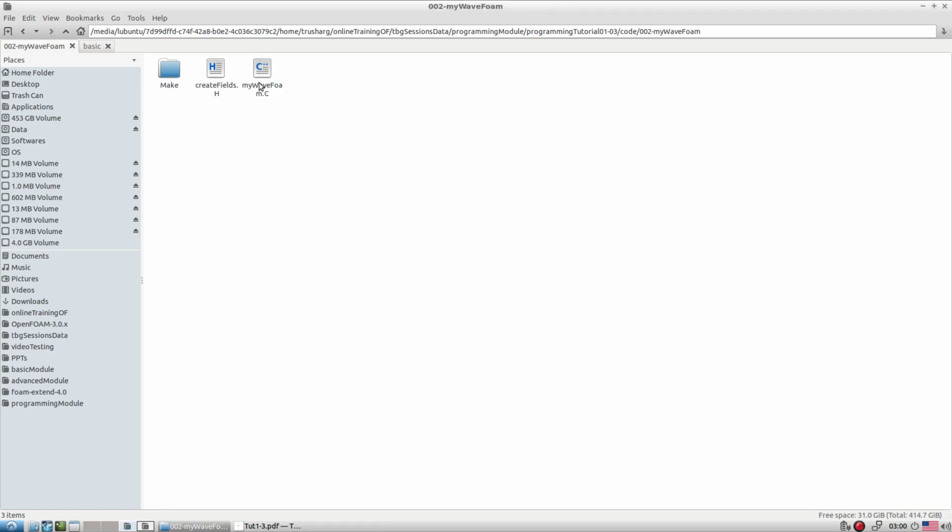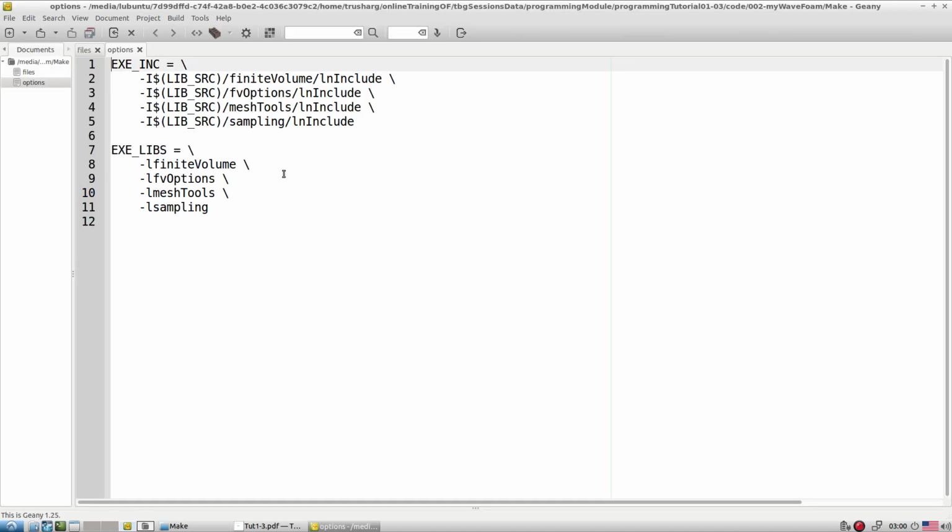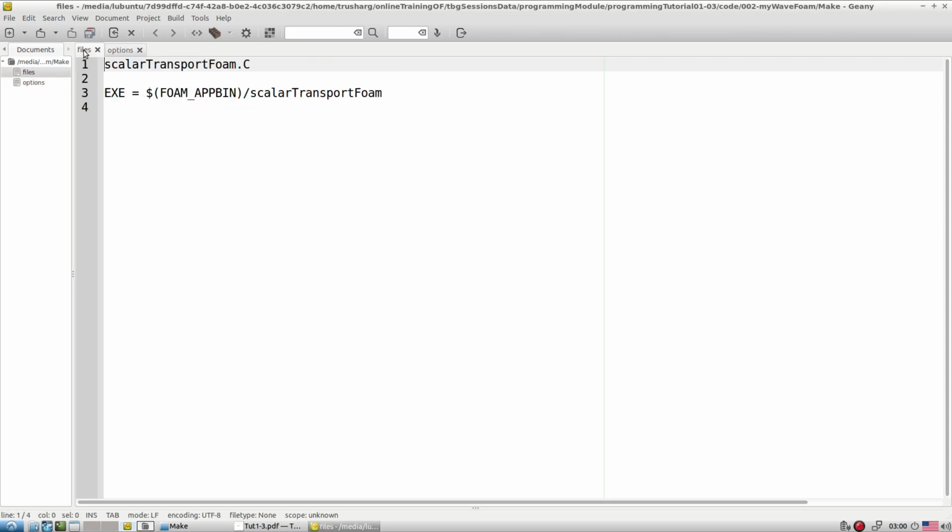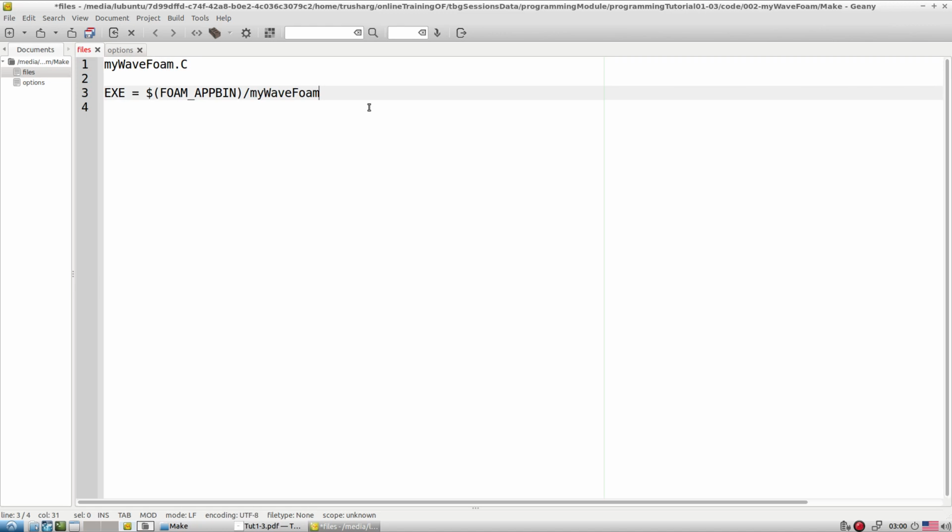When you specify the .c name as the same name, go to the Make directory, open both the files, and we have to change them appropriately there as well. Now we have a my waveform.c file and the executable is my waveform. Make sure we transfer this my waveform into the user bin, as compared to the actual release version of the bin.